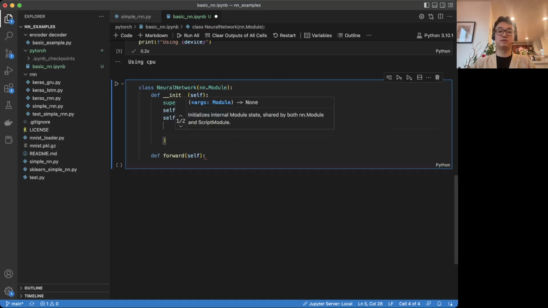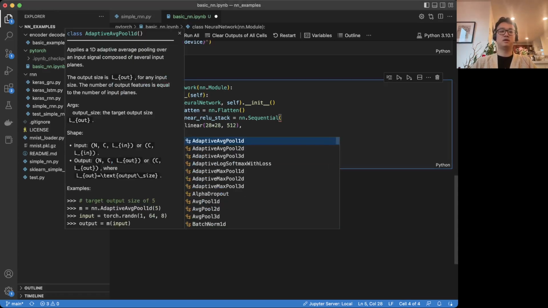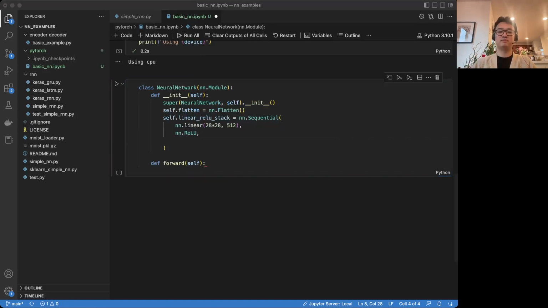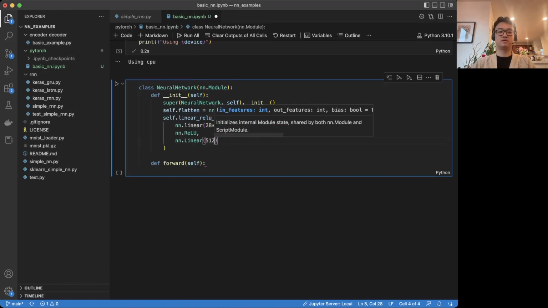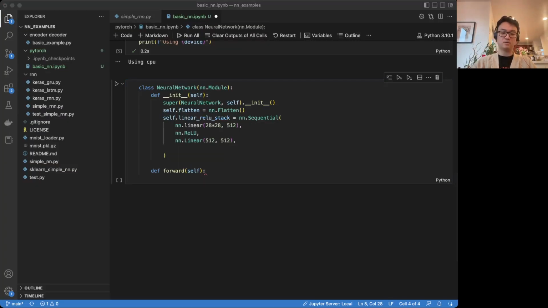So this is the input. The Fashion MNIST set is going to be a 28 by 28 matrix, basically. What is 28 by 28? 784. Yeah, 784 pixels. It's 28 pixels by 28 pixels on each side. And nn.Linear